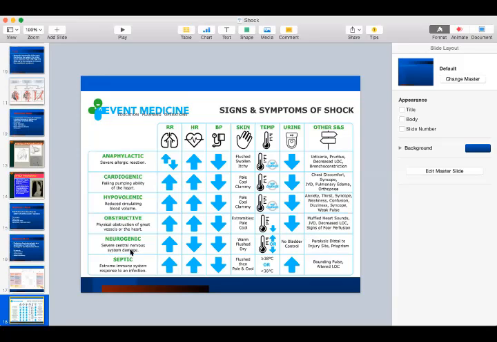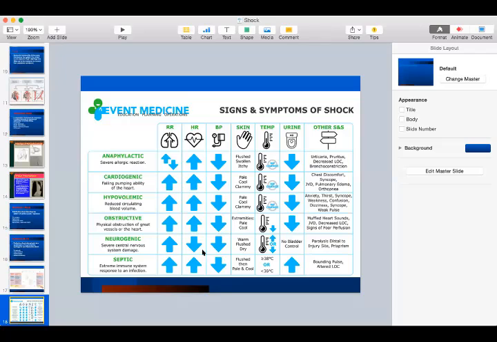Neurogenic will have severe central nervous system damage, in which there will be an increased respiratory rate. Heart rate will be decreased. Hypotension will occur as well. All right, so in this neurogenic, what's happening? The different thing is the heart rate's decreasing, right? And the skin, as a result of neurogenic, is warm, flushed, and dry. All right, warm, flushed, and dry.